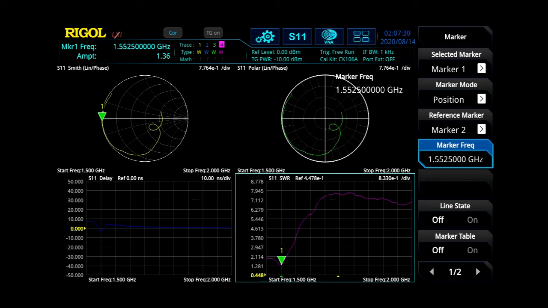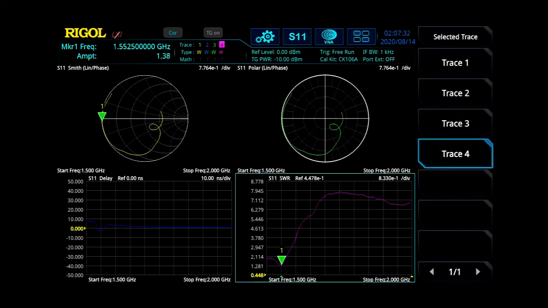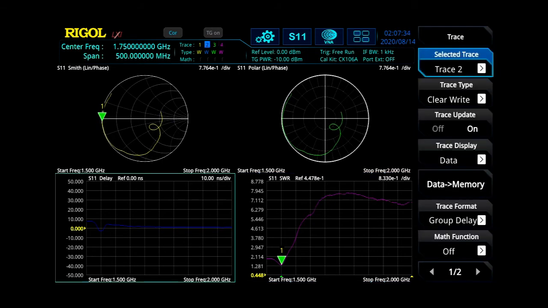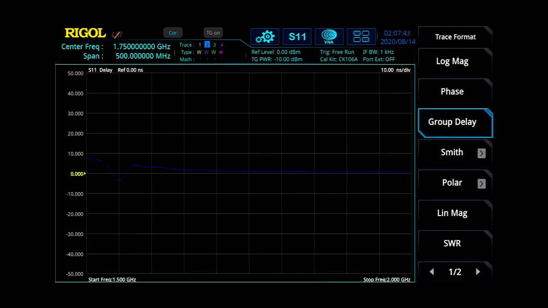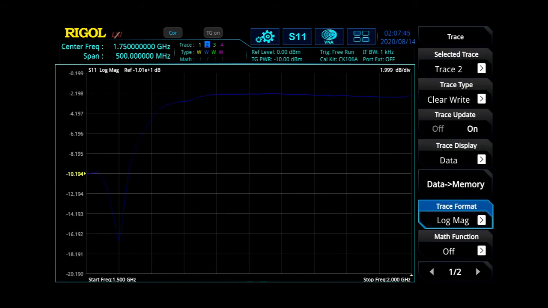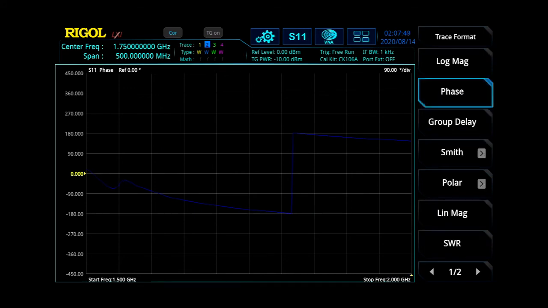The next thing that we can do is we've got a couple different views that we can look at. And we're going to look at our trace number 2 here in our lower left-hand corner. I'll expand that out. We can go within our trace and we can look at our log mag, our phase response, then we had our group delay up,